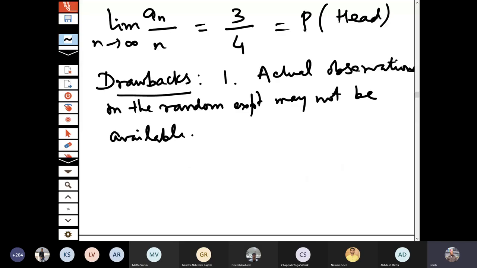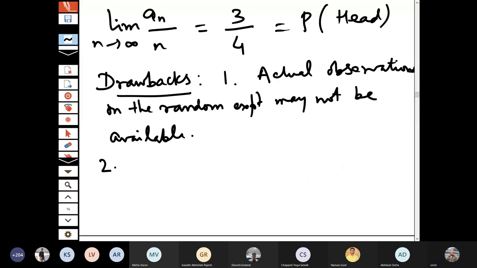The second thing is that, when we have the ratio a_n by n, you know there is a mathematical ratio, and you know the limits also. So, for example, we find out the limits of large sequences. If I put, say, sine n by n, or if I consider, say, sine 1 by n divided by 1 by n, so n times sine 1 by n, as n tends to infinity, this goes to 1. But does it mean that the event is sure? No. Because there are certain cases where n times sine of something will actually be less than n. So the event is not sure, but the probability is 1.